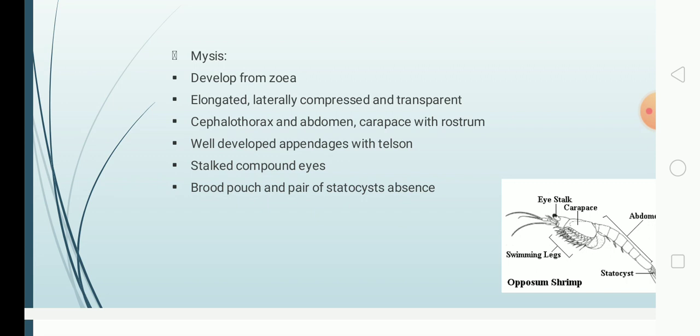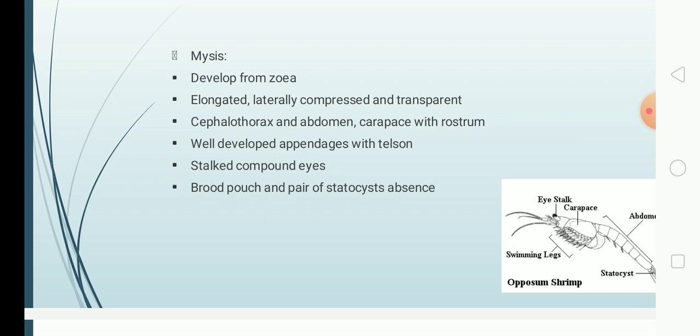It is minute and microscopic, but still this larval stage mysis will develop into the adult prawn, so it shows the whole fully developed organism. All the appendages are well developed here. The thoracic legs are used for swimming, whereas the abdomen ends in the telson, and the eyes are stalked and compound. This mysis larva looks like the